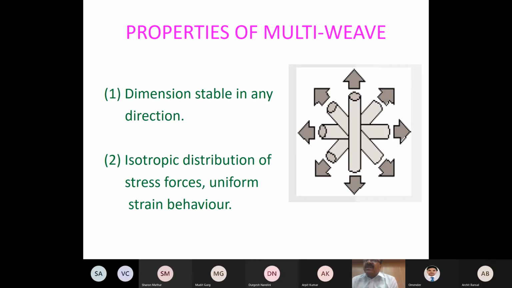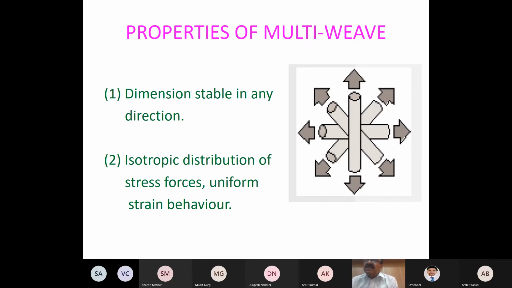So there are two things. It's not just interlacement, like in normal fabric it is warp over weft or weft over warp. We call it interlacement. It is a different kind of interlacement here, and it is not just orthogonal warp and weft. There are 4 threads, as you can see here in the example, and the threads are at almost 45 degrees to each other. So these two things: the first one, because of special interlacement, there is a structural stability.